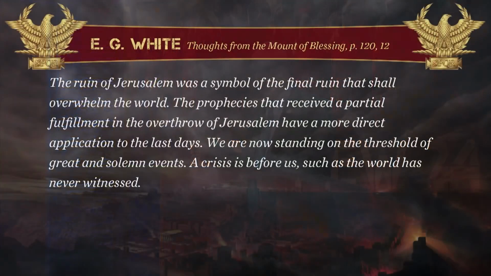A couple more statements. This one is Thoughts from the Mount of Blessing, pages 120 and 121. The ruin of Jerusalem was a symbol of the final ruin that shall overwhelm the world. The prophecies that received a partial fulfillment in the overthrow of Jerusalem have a more direct application to the last days. We are now standing on the threshold of great and solemn events. A crisis is before us, such as the world has never witnessed. And then I'll give you one final one on this point, Testimonies to Ministers, page